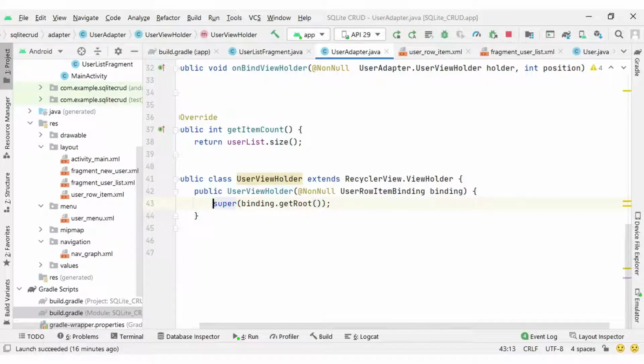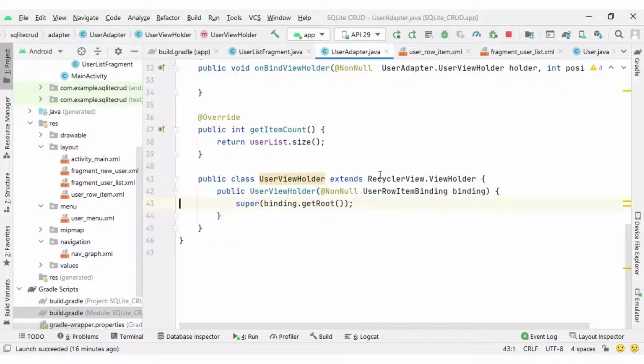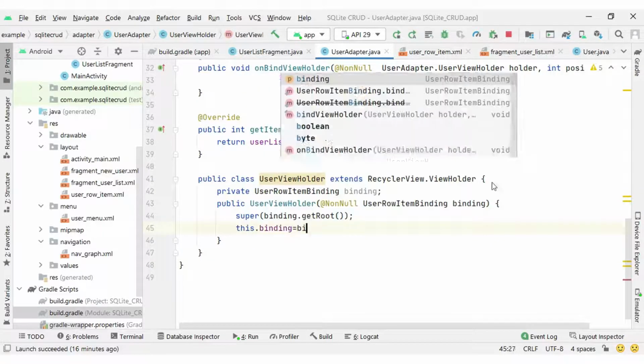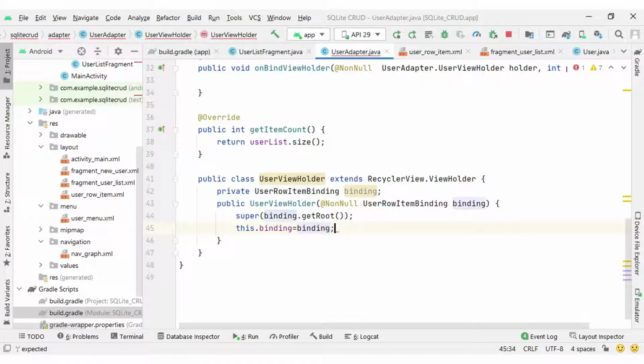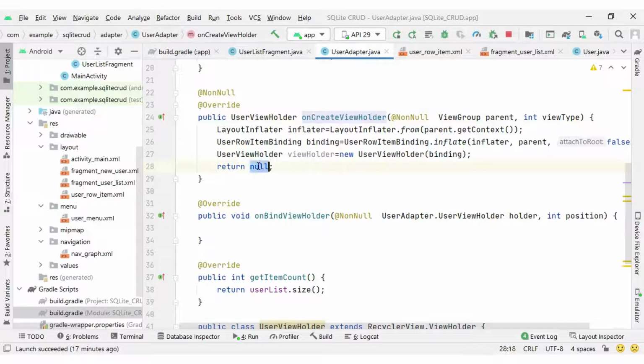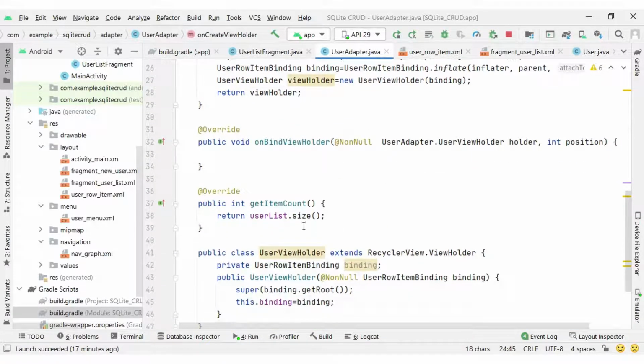So the view we have passed to the super class here. And one more thing I am going to declare is private UserRowItemBinding, and this.binding equal to binding. So we have a private field here inside UserViewHolder, and again inside onCreateViewHolder we need to return the view holder instance. So onCreateViewHolder code is ready.